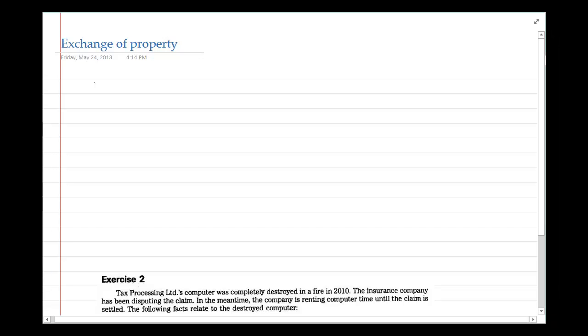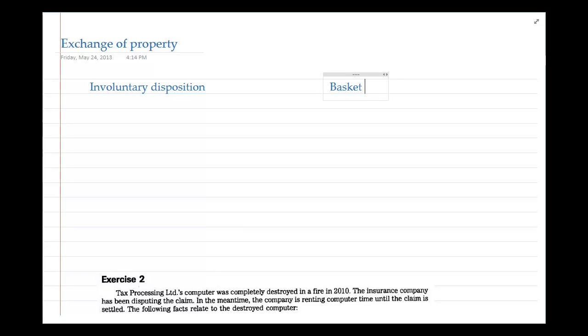Okay, when we look at exchange of property, we look at basically two situations. The first one is an involuntary disposition, and the second one is a basket sale of land and building. And they're both interesting from a tax perspective, because when you have an